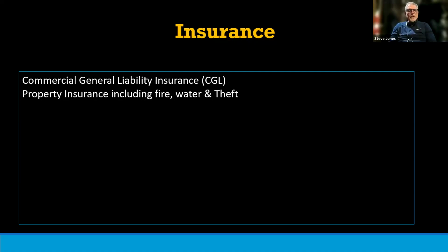So, for example, property insurance for fire, water damage, and theft of the property, somebody breaking in and stealing stuff, or the place burning down, or the pipes breaking, or the roof leaking and everything getting flooded. These types of insurance are often a separate policy, or they're endorsements that are added on to the CGL insurance because they're so unique and special. CGL insurance has realized that we need to address those things separately.